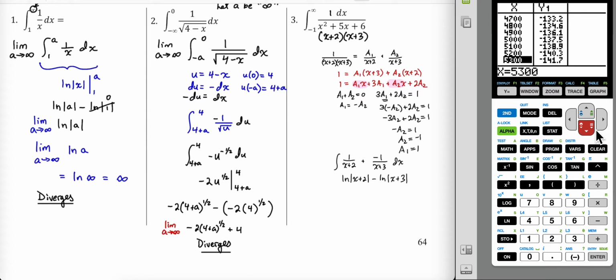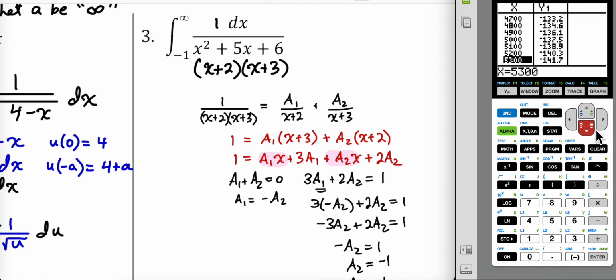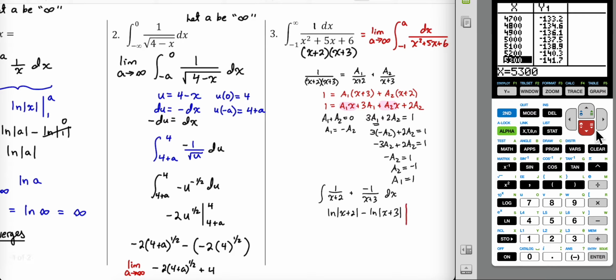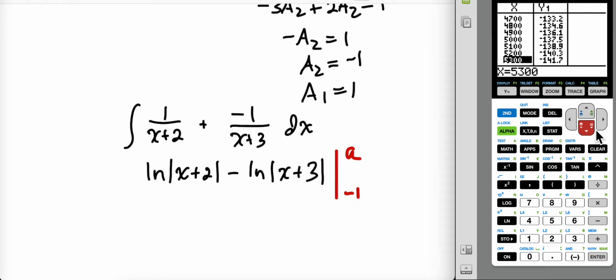an improper integral. So we're looking at the limit as a approaches infinity, going from -1 to a of dx over all this good stuff, x squared plus 5x plus 6. So I now need to evaluate this from -1 to a, and then once I do that, I'll find the limit as a approaches infinity. So I'm going to plug in the a. So natural log of a plus 2 minus natural log of a plus 3